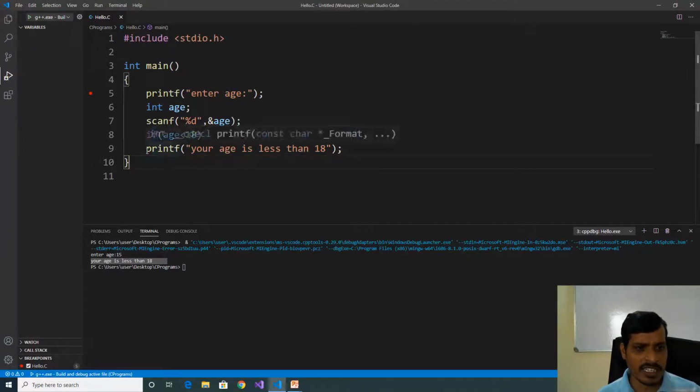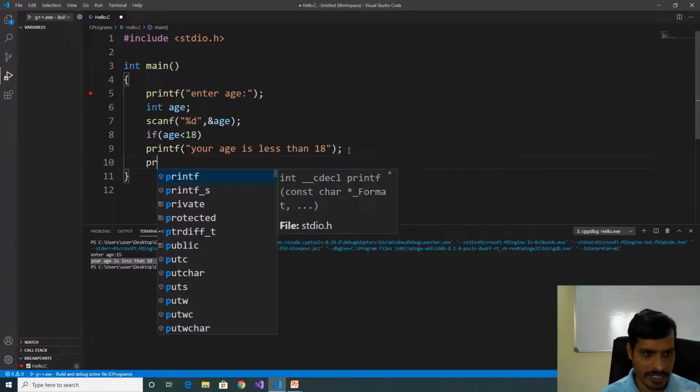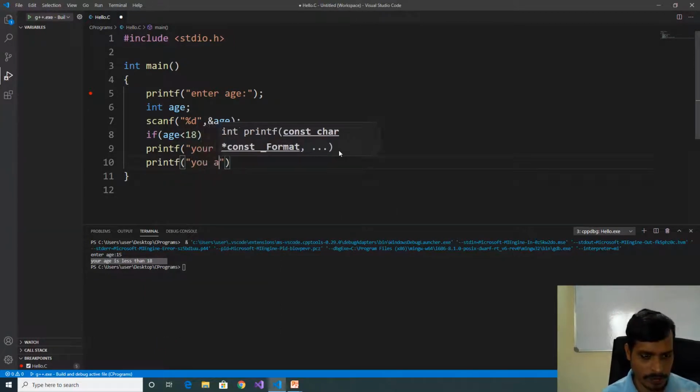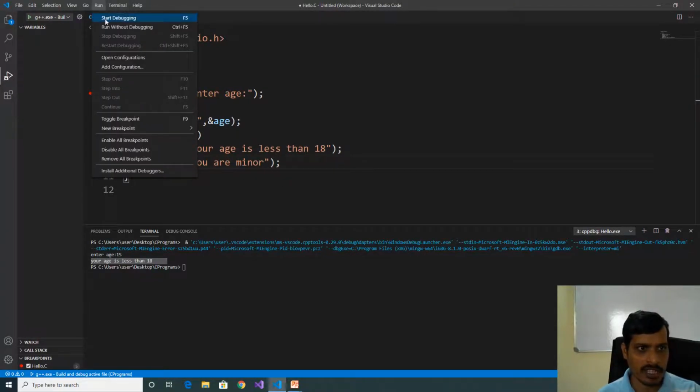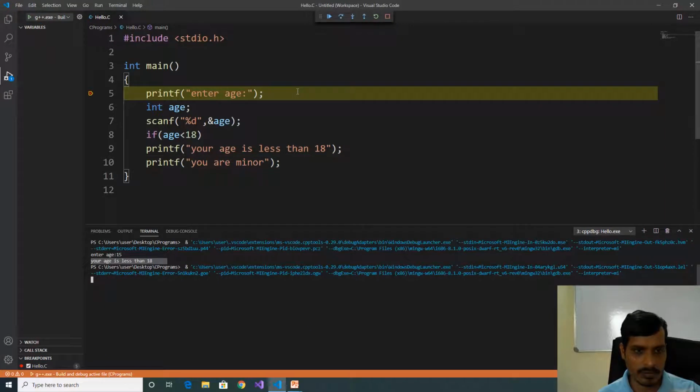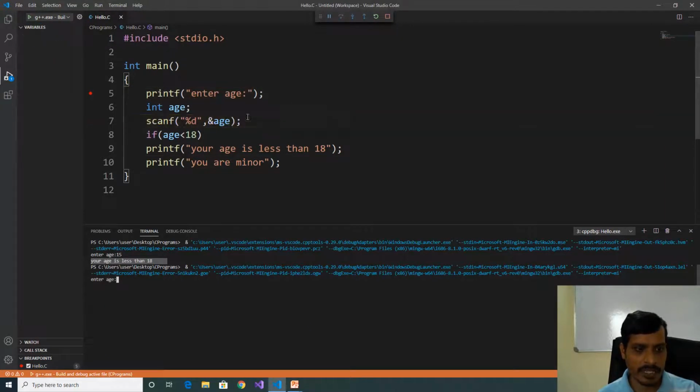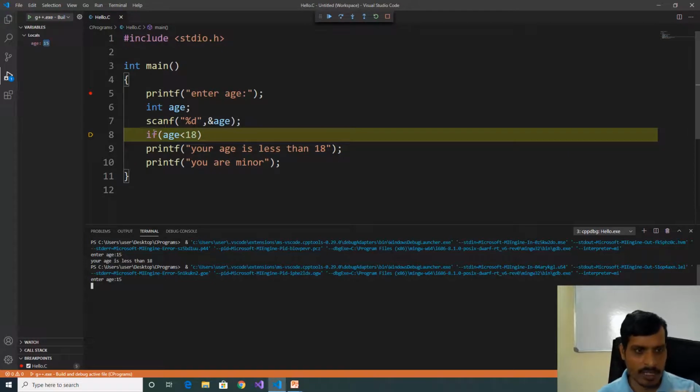Here the if condition contains only one statement; we will see if we have multiple statements. Now we will write one more statement, printf you are minor. Execute this code, go to run, click on start debugging, F11, read input, here 15, enter. 15 less than 18, true.